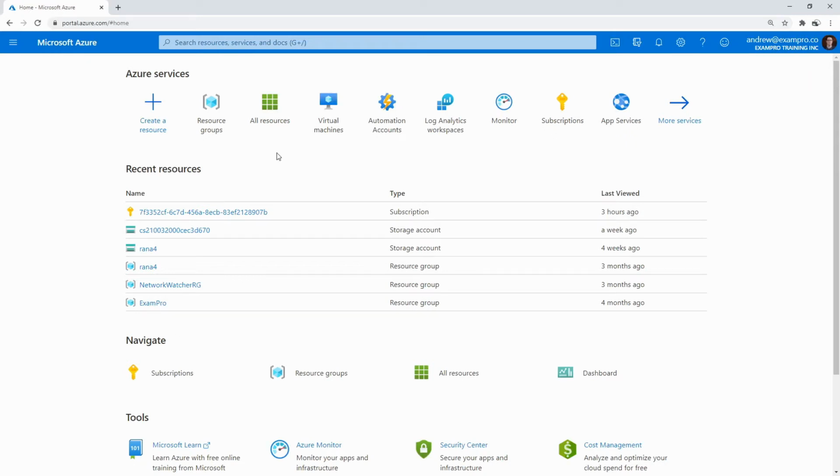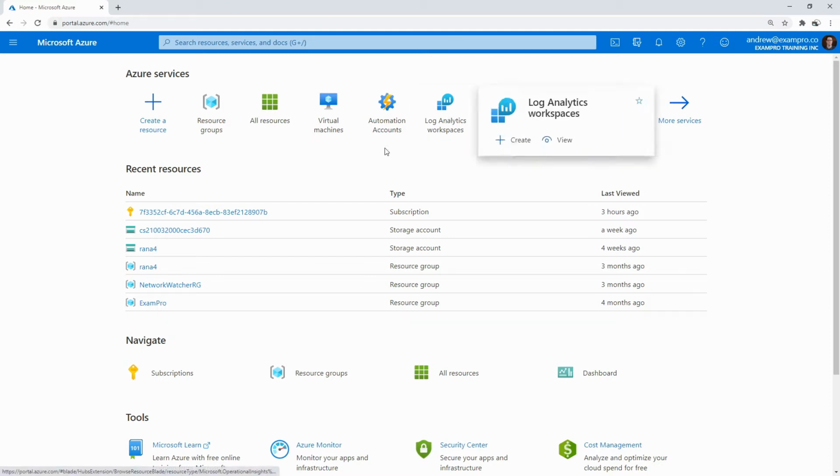Hey, this is Andrew Brown from ExamPro, and it's really important that we know how to monitor our virtual machines so we can check their performance or do some diagnostics on them. And so a couple of things we're going to look into. We're going to set up some virtual machines, and we're going to look into automation accounts, log analytics, and metrics